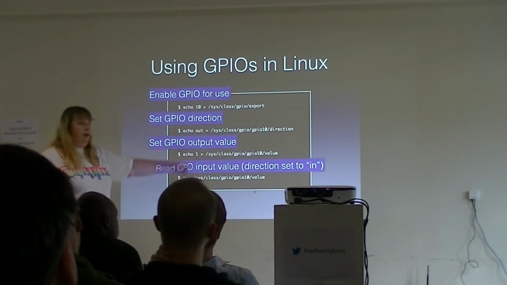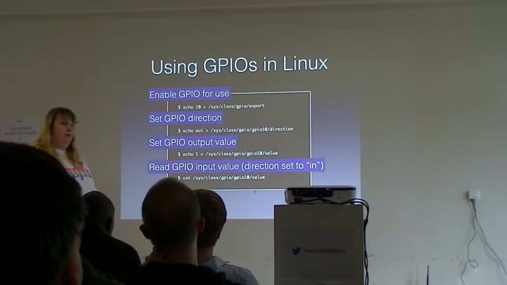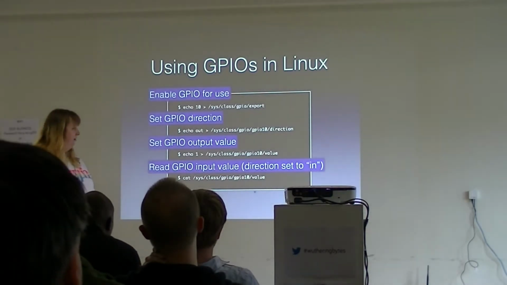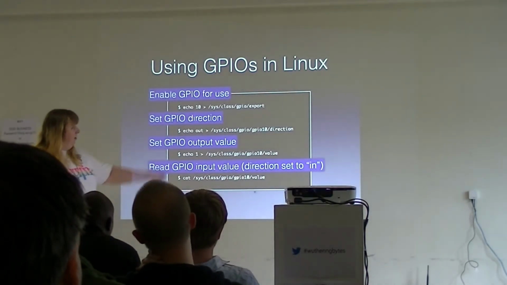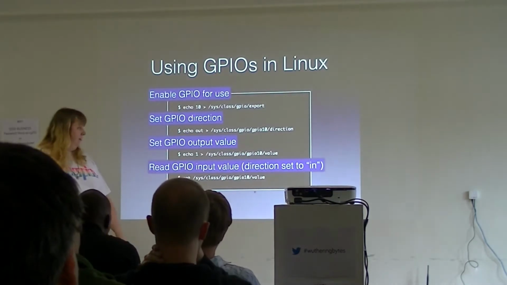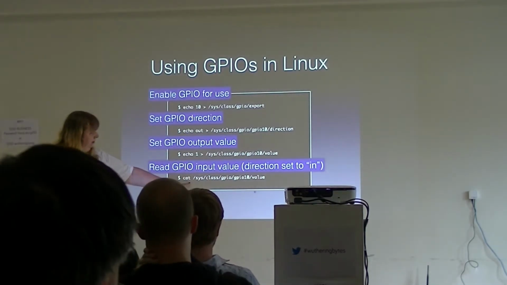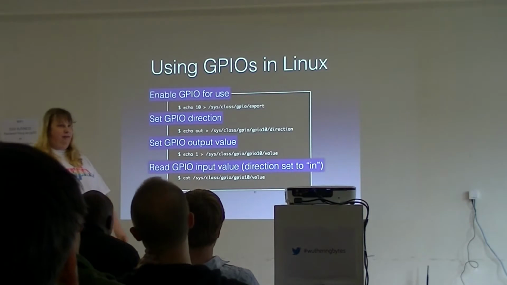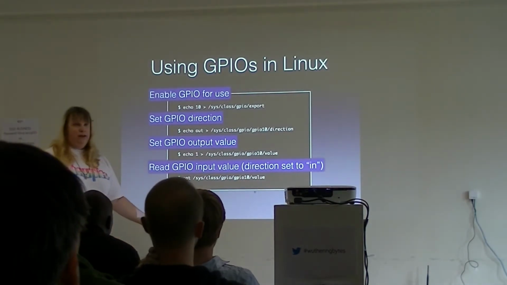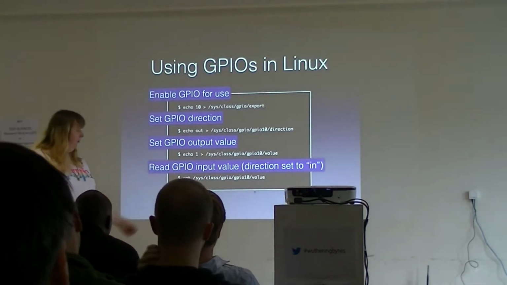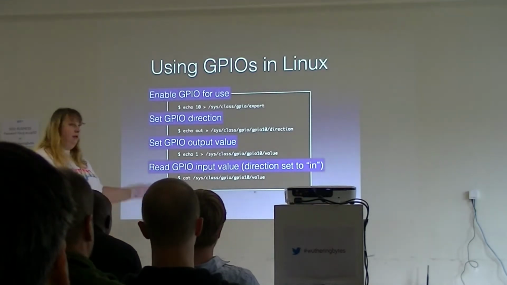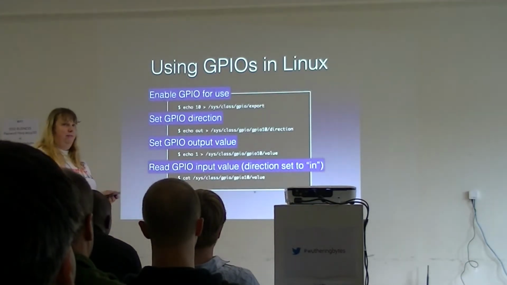And then you either echo 1 or 0 to turn it on or off. Alternatively, we could set that to in, and we can cat its value, and if it's high, it will come back as 1, and if it's low, it'll come back as 0. And you can do all that in bash, in the command line,